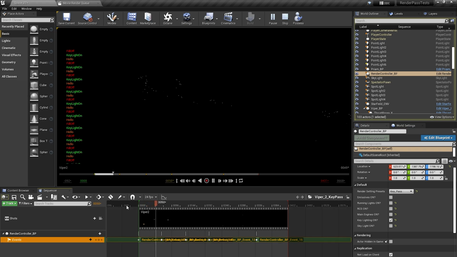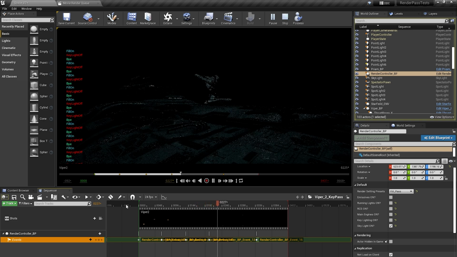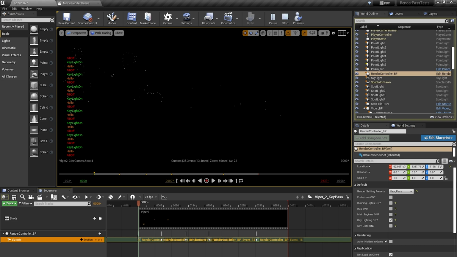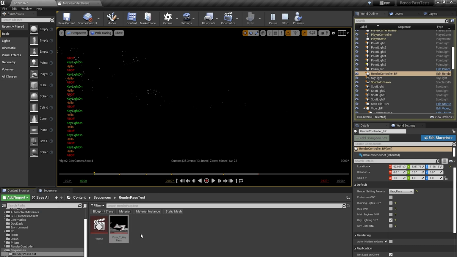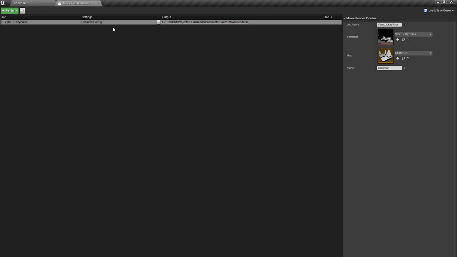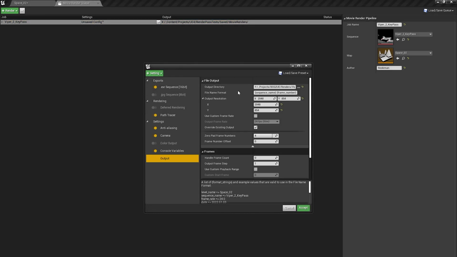So if I hit play, we start with our key pass, we go to our self-lighting pass, our emissive pass, our fill pass, and eventually our engine lighting pass. We only need our first keyframe to set up this sequence as a render pass. Currently, the workflow is that we make duplicates of this master sequence and set up our keyframes, one per sequence, and then add them as a group to the movie render queue, where we are able to add our sequences, load a rendering profile, change our output path,